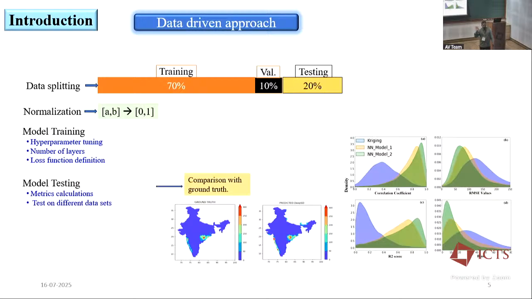You have been listening to many talks on how we can define the loss function. Even sir told in the previous talk that we can use MSE or MAE, but if it is a differential equation kind of problem and we are doing PINN, we have to define our own function. Or if you are going for GAN methods, then there is a perceptual loss. So you have to define your own loss function.